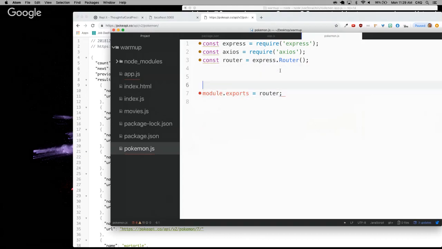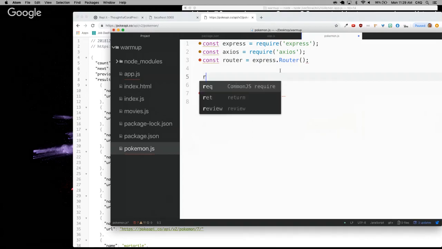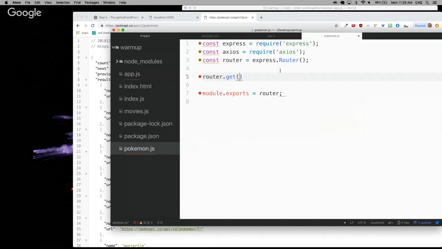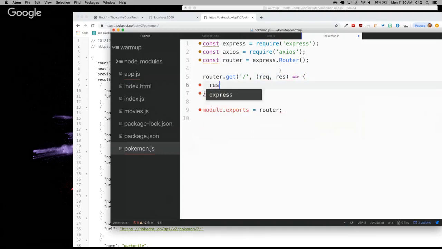All right, let's make a route. So I'm just going to do router.get. Slash. This is going to be whenever I go to Pokemon and just plain slash. So I'm going to leave it like this. And this is going to have a request and a response. And I'm just going to do res.send